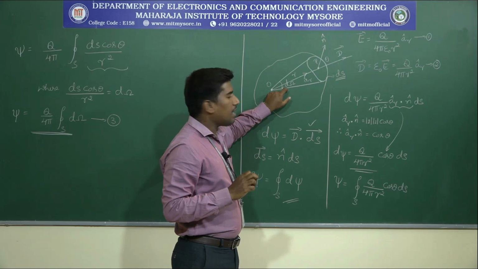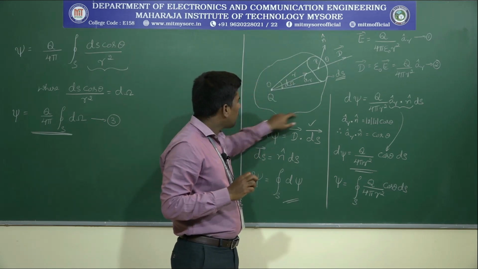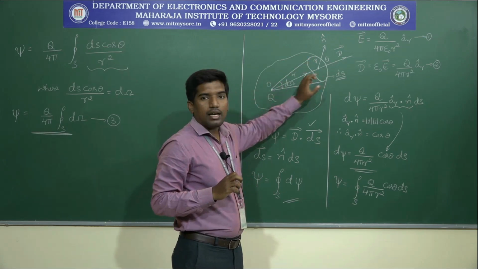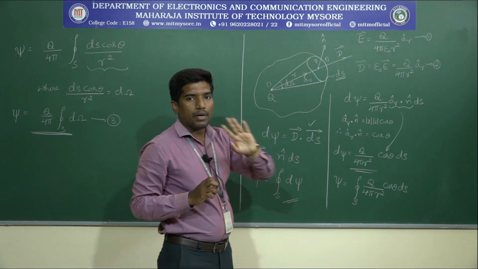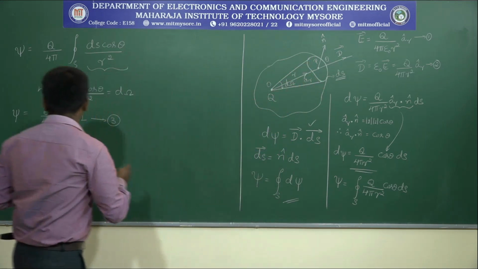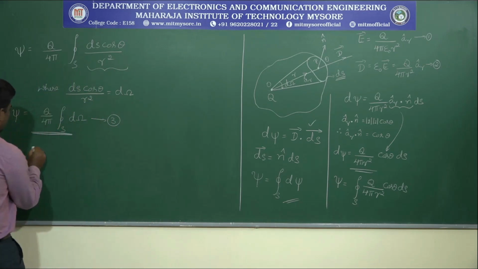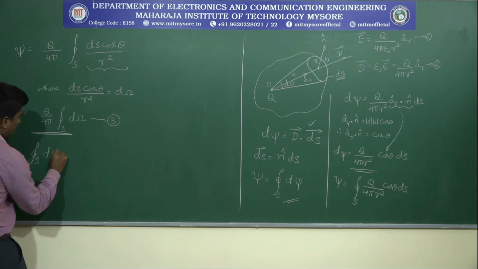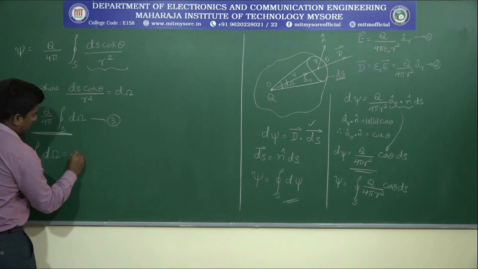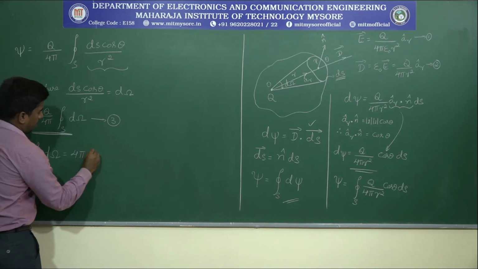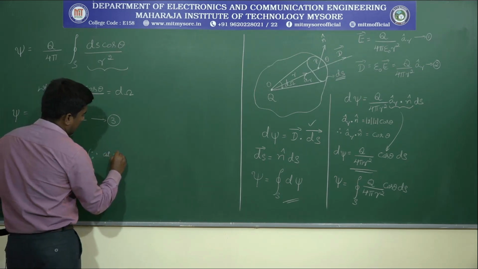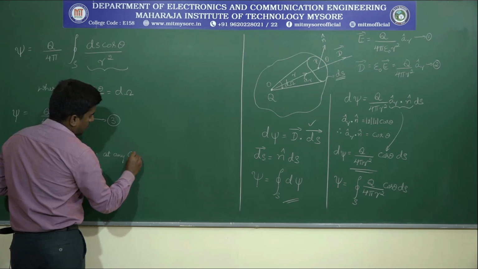The solid angle within the closed surface at any point due to the surface area is equal to 4 pi only, always. Okay, according to that, surface integral of d omega is equal to 4 pi because at any closed surface